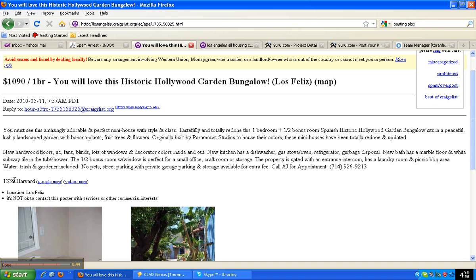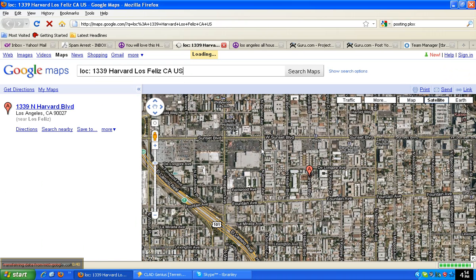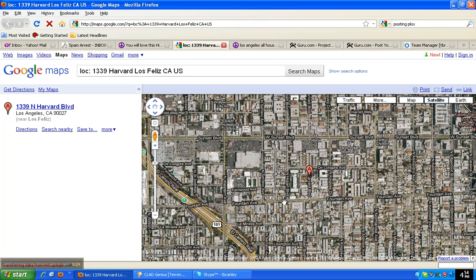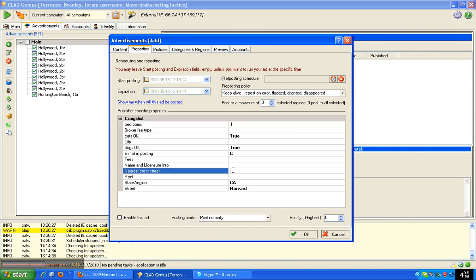We don't want to put the exact address, so I'll pull up the map here and see that it's on Harvard, and let's say Fountain. So there's Fountain, there's Harvard. I'll go back over here and put the main street as Harvard. You can even use a different street that's on the next street over, Kingsley or Halo, but that's okay if you use Harvard. And then the nearest cross street is Fountain Avenue,